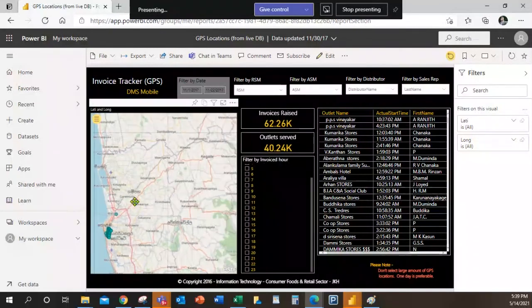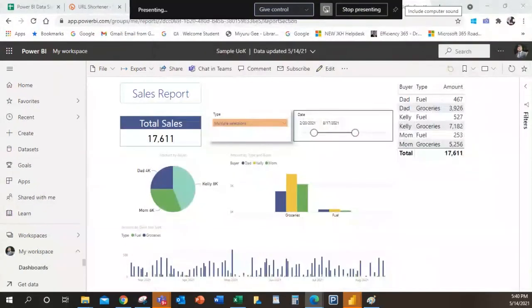It will take a few minutes to load because the data set is very large, and this was connected to the live database. So once they place their invoices, it will appear in the head office within a few minutes. It's very interesting. I'm referring to this dashboard from 2014, 2015 and 2016. It was a massive change in that organization. Let me show some other sample.